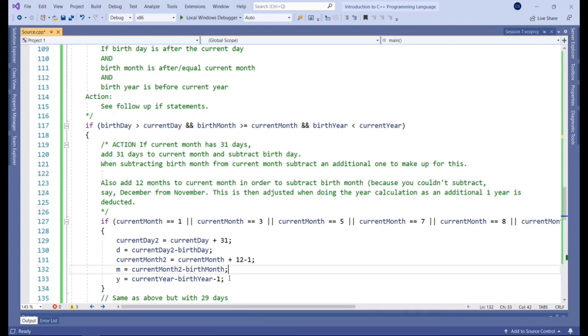In this case, we add a month's worth of days to the current day to be able to do that subtraction. And then if you have a scenario where the birth month is after the current month, then we add 12 months to the current month to make that calculation possible. And then we're always adjusting. So in here, we added 12 months.